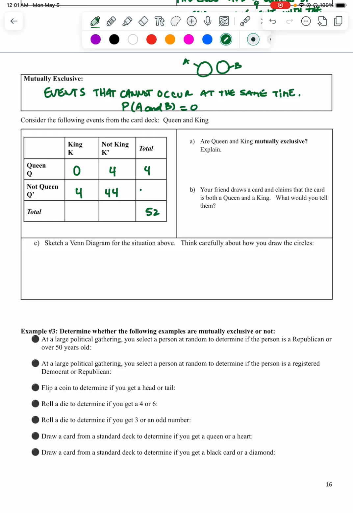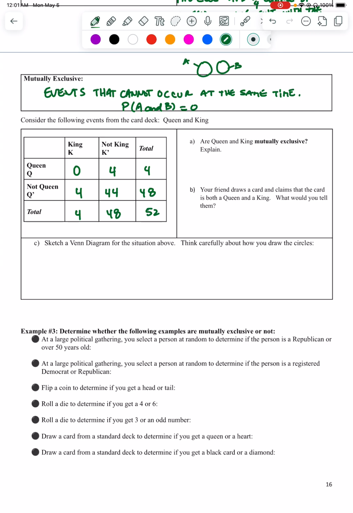And then here the total from this line is 48. Notice how these two add up to 52. And here the total is for all the kings. All the not kings is 48, and so on. So now that we have all this information, remember these are not the probabilities, right? These are just the number of cards. Now that we have the number of kings and queens and the entire number of cards, the question is,